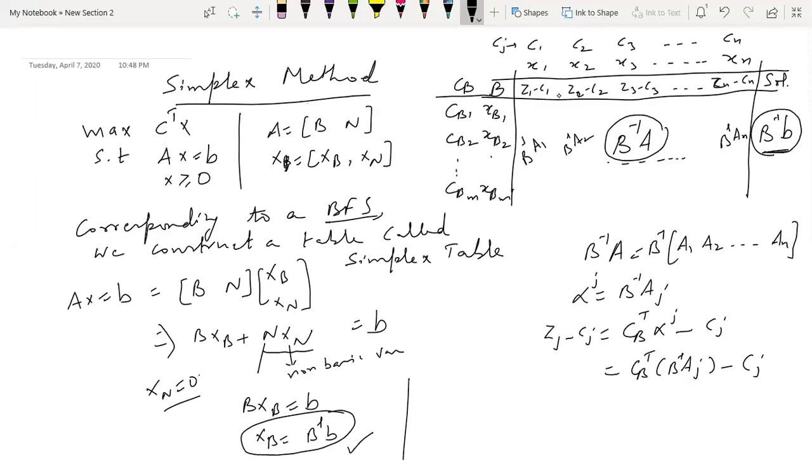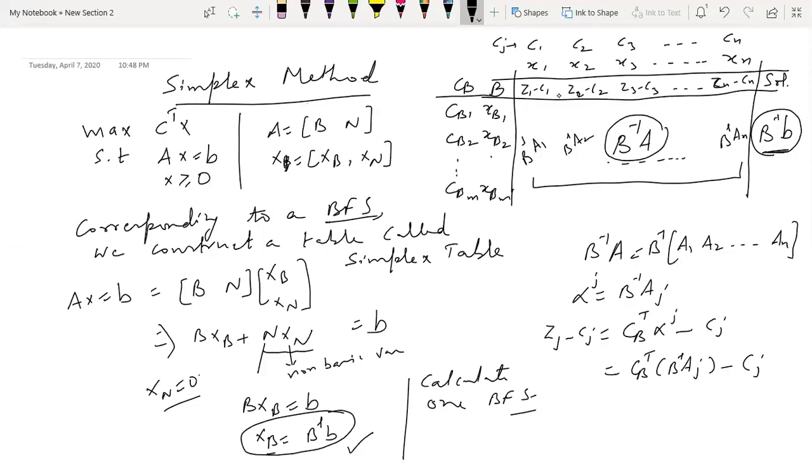But what we are going to do is calculate one basic feasible solution, and then corresponding to this basic feasible solution, we are going to identify the directions in which we should move to get another basic feasible solution with an improved value of objective function. In order to calculate those directions, I need the information about what is happening to the A matrix when I'm calculating this basic solution. So corresponding to this matrix, I'm calculating these alpha j's and zj minus cj's.